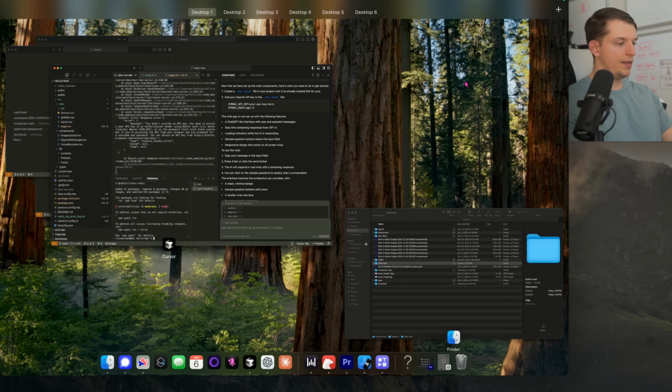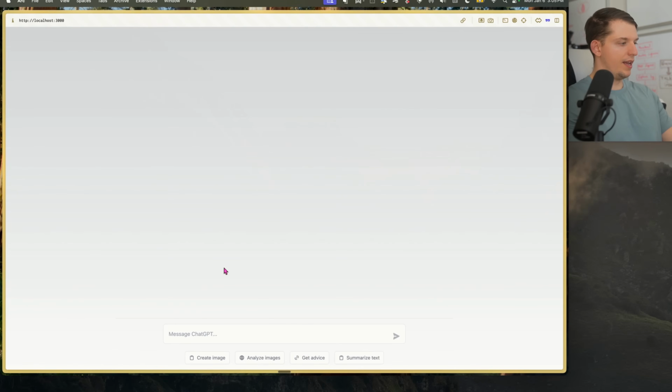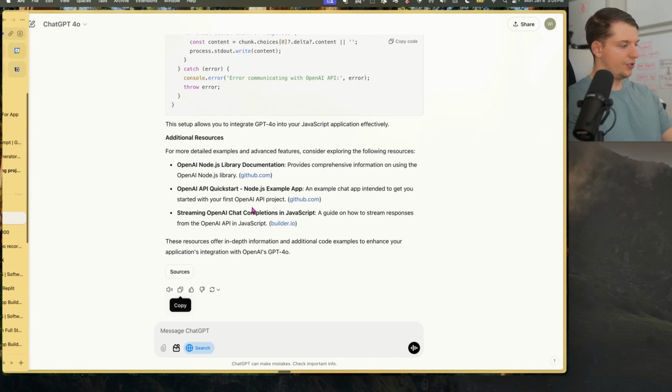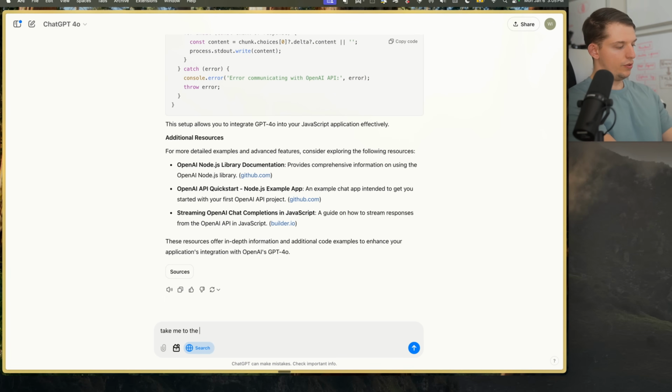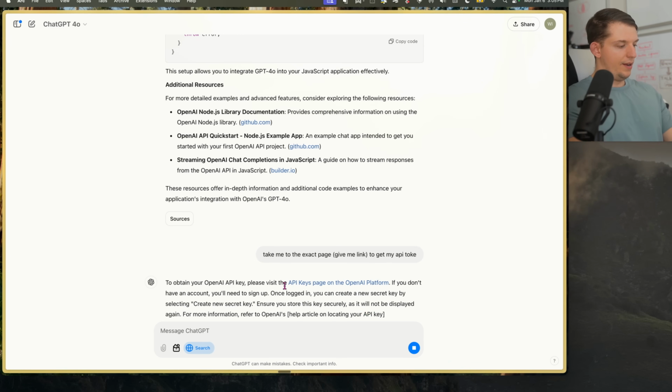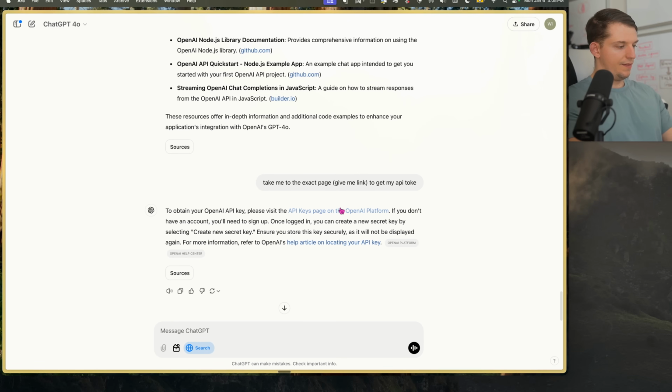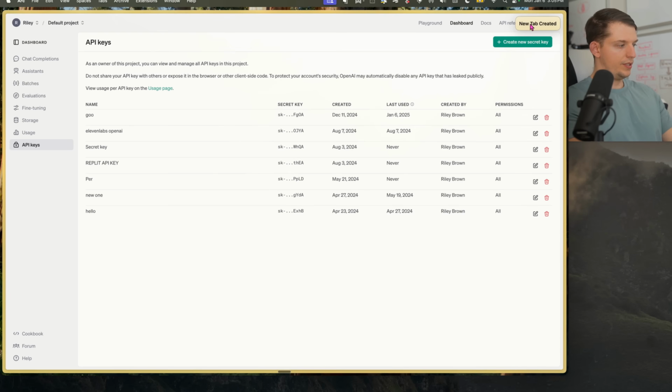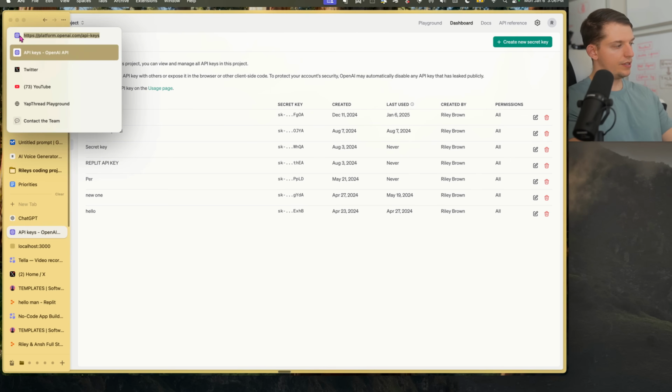And so we need to go get our API key. And what I can do on ChatGPT, I can just go to ChatGPT and turn on search and say, take me to the exact page, and I'll just say, give me link to get my API token. And here we go. So we can click on this link that it gave us. Let's open this up, new tab created. And here are the API keys. So here's the link,